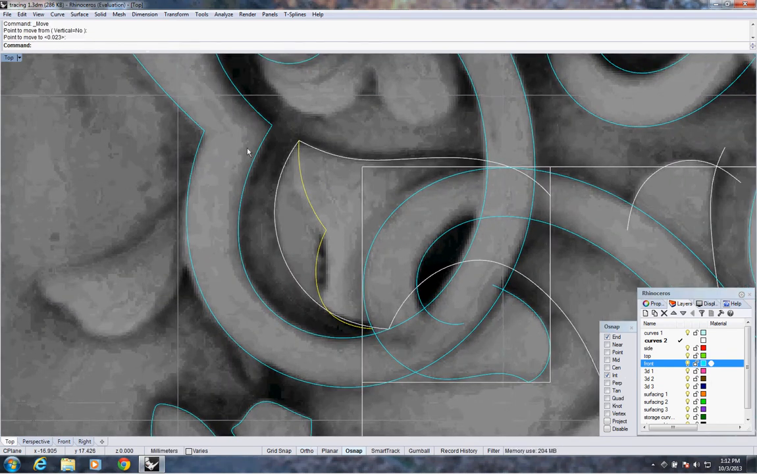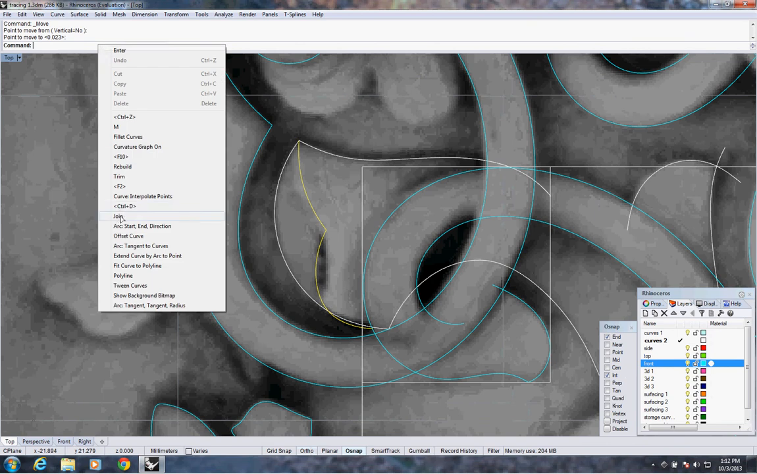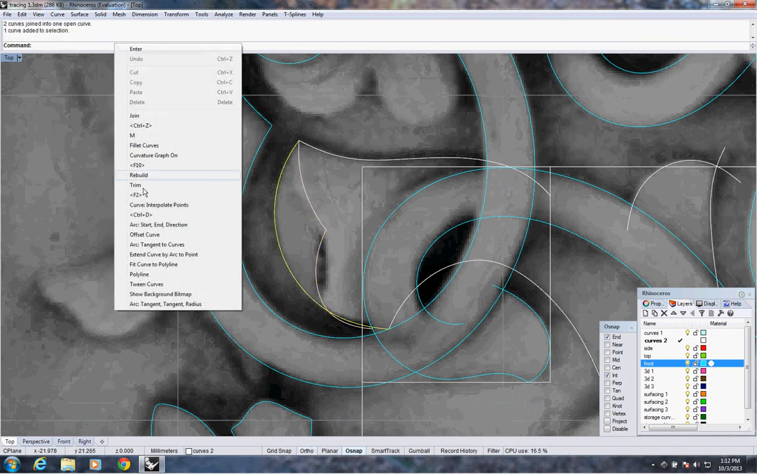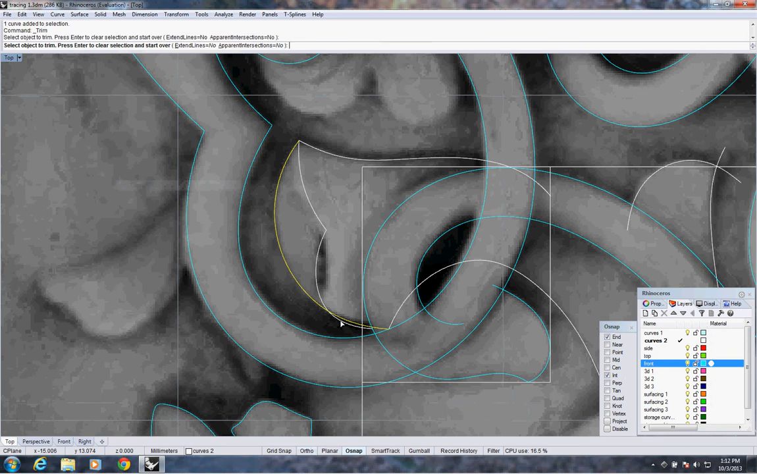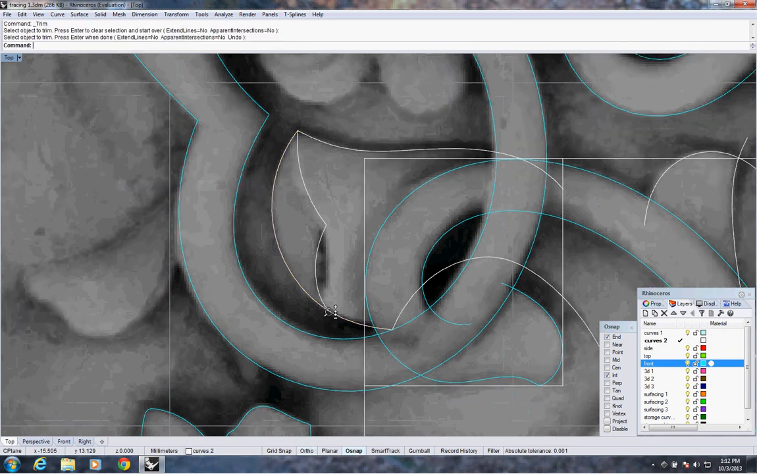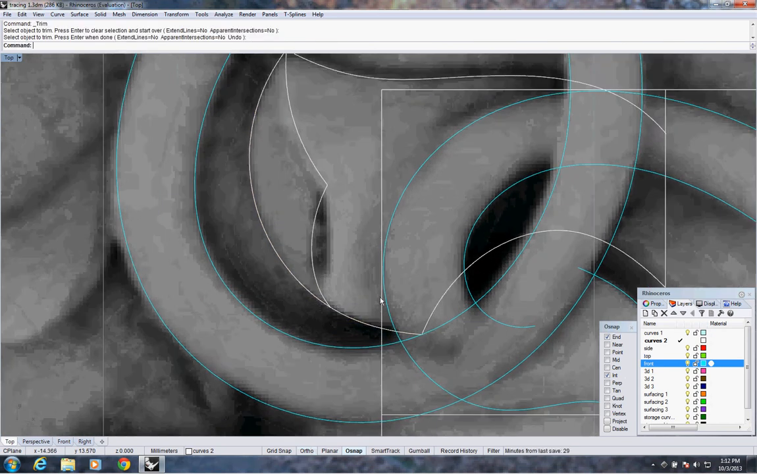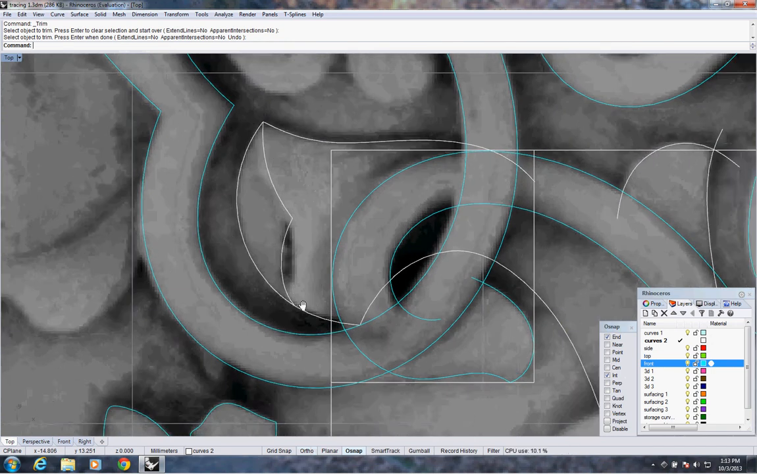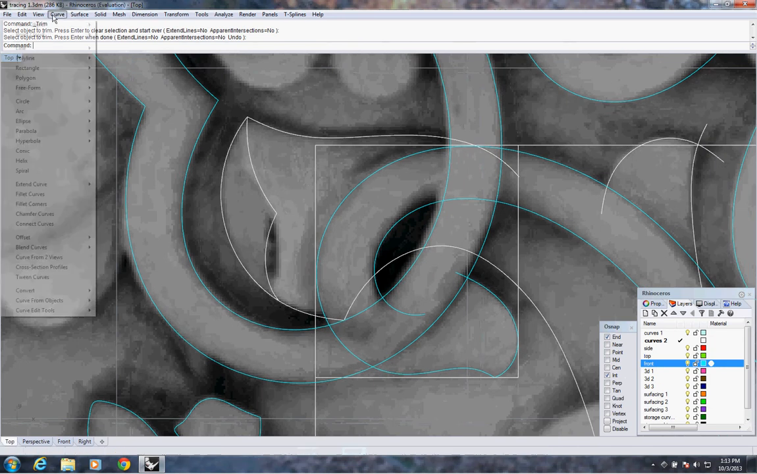Last thing I'm going to do, actually first I'm going to join those together. I'm going to trim this away. And then using the same principle, there are two ways I can do this. I can trim all this away and blend it together. But there's a prettier way to handle this, and that is to do arc